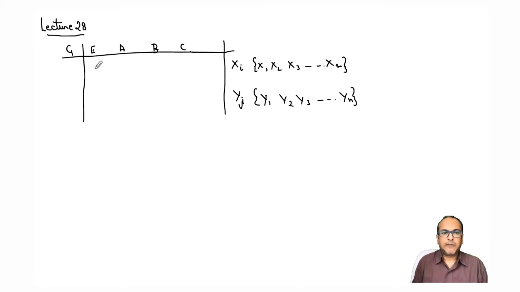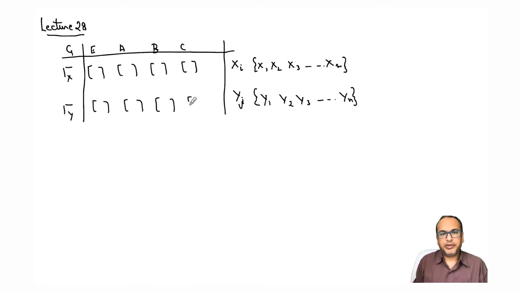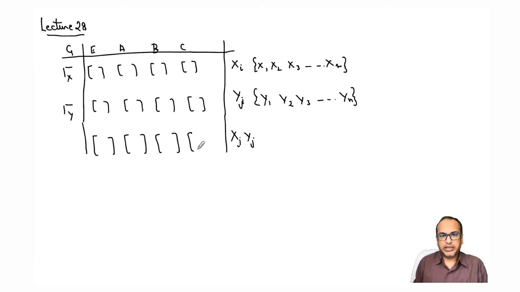If these two form the basis of the representation, then my representation would be written as certain matrices, and in this case these are the characters basically, right? And if I have the direct product of this, which will also form the basis of my symmetry operations, then I will have another set of matrices which will form a representation, right? And I'll call this representation tau xy.